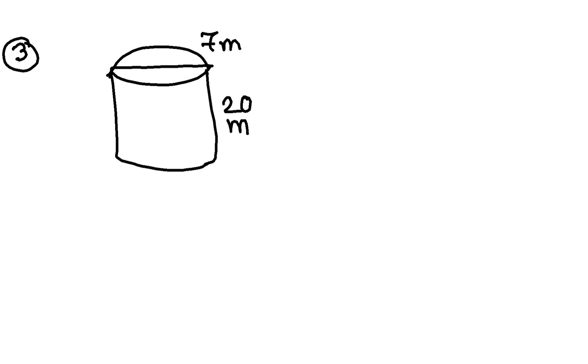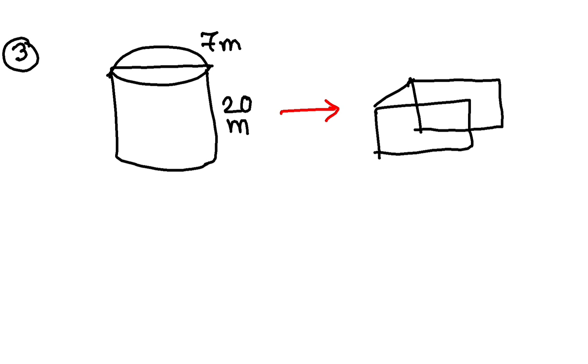Okay, so all the material from this well is taken out and then they are constructing a platform of cuboidal shape like this. Basically the platform has length, width and height. The length is given as 22 meter, breadth is given as 14 meter, and you have to find the height of the platform. Obviously the platform is cuboidal.